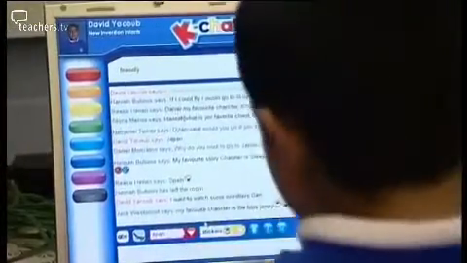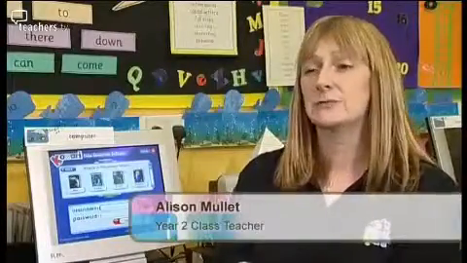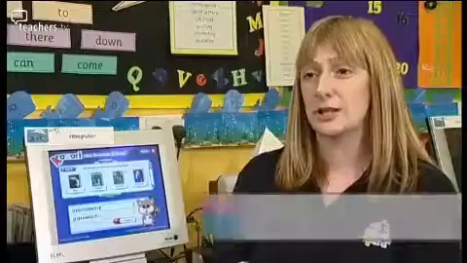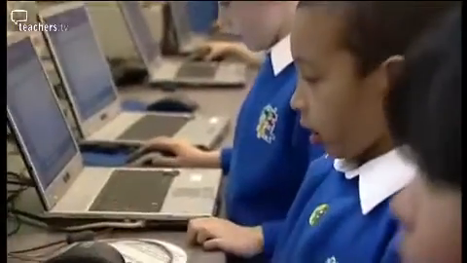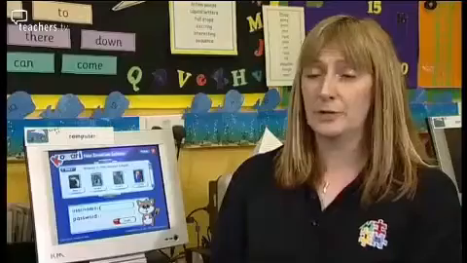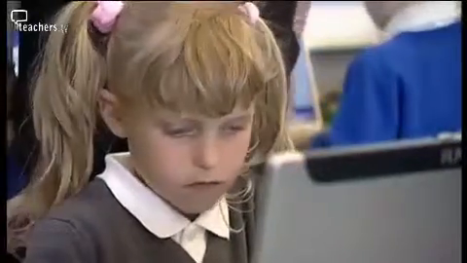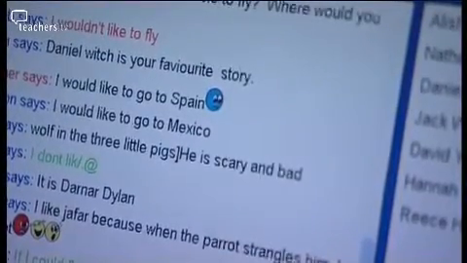Today we've been using Kowari as a chat perspective. This has given children a chance to share their ideas, share their thoughts about characters from traditional stories. The email area, like all the other parts of the programme, is accessible from home. But parents are reassured because it's a closed area, so obviously that provides a filter protection for the children.